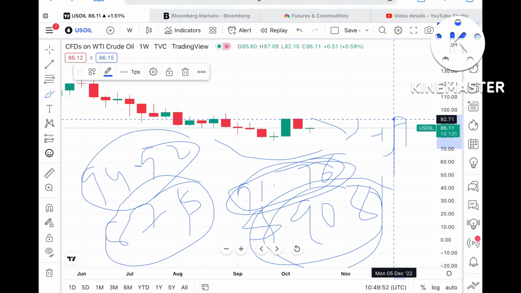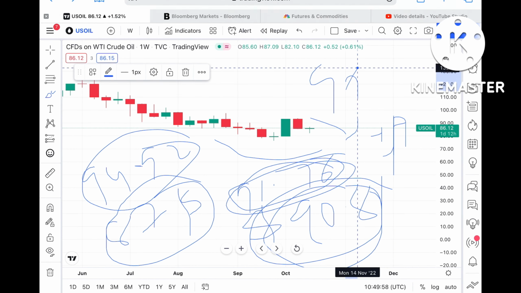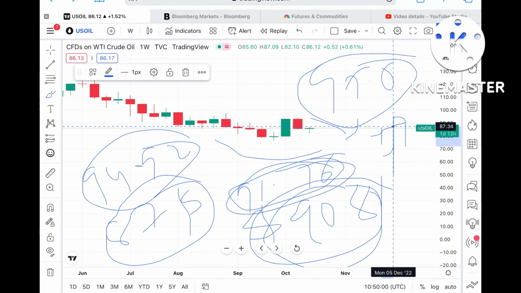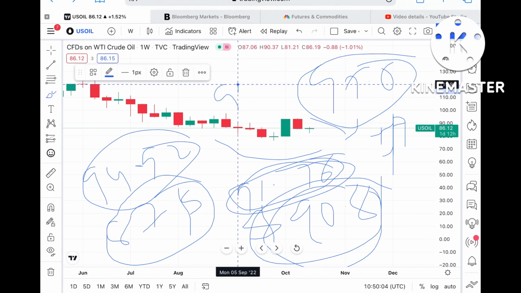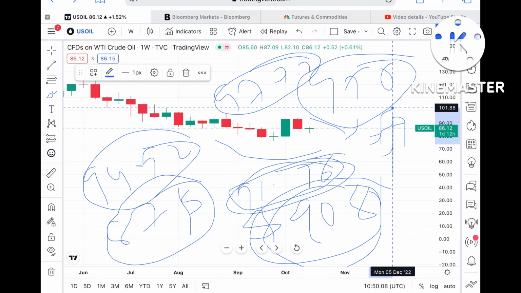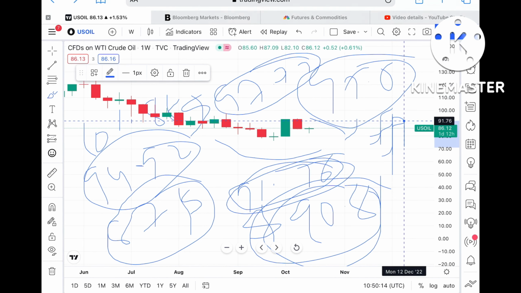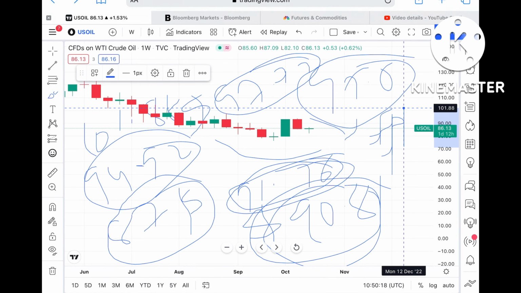Once the price moves above that level, we can see it can cross further high and touch a level of around $95.56. Once this sustains above this particular level, then there is a high chance of touching a level of $97.77, and from there it can move further upside towards a level of $101.88. Now $101.88 is a resistance from where we can see there will be a slight downside movement